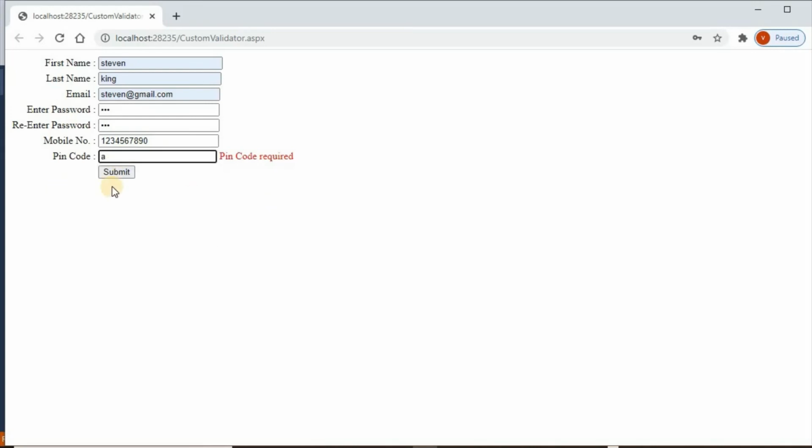If we give here A, now if we click on submit button, this is server side validation. Because if we click here, we can't see any validation. So this is server side validation for custom validator.